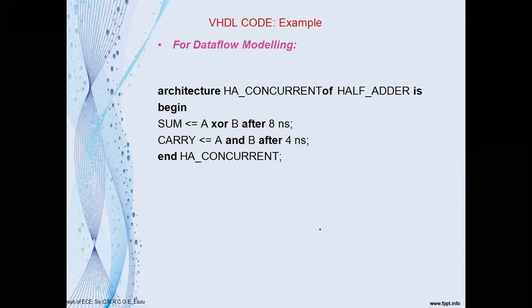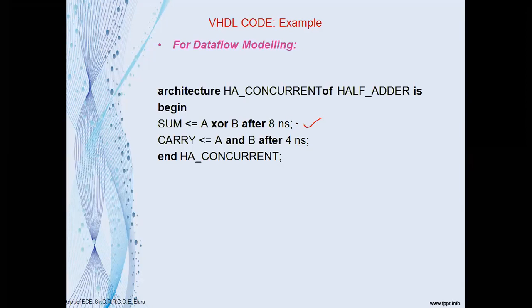In the last class, we have seen data flow modeling. So what is data flow modeling? At this level of abstraction, the system is described with the help of logic expressions. The logic expressions can give us how the data is moving in the system, I mean the circuit. So in the last class, we have seen this data flow modeling. Did you understand data flow modeling?